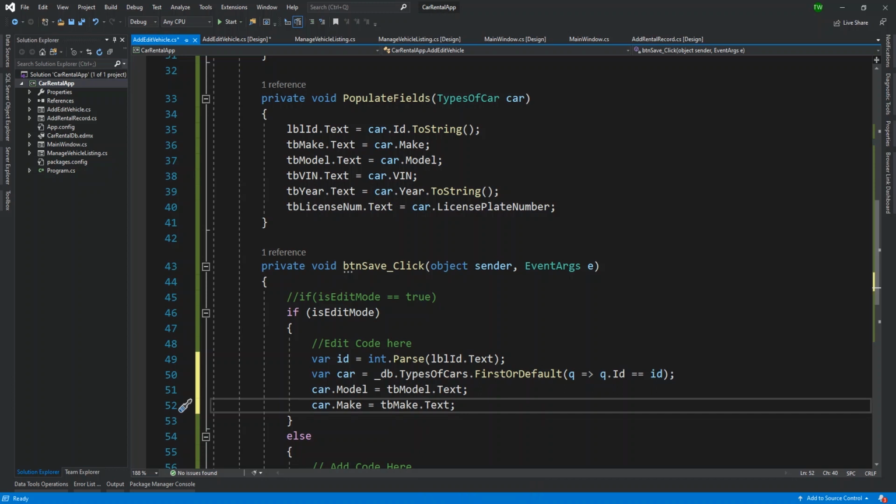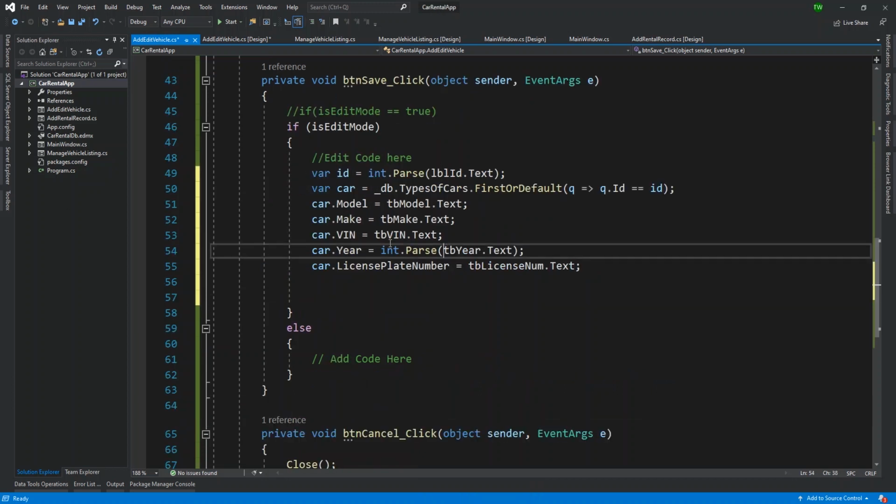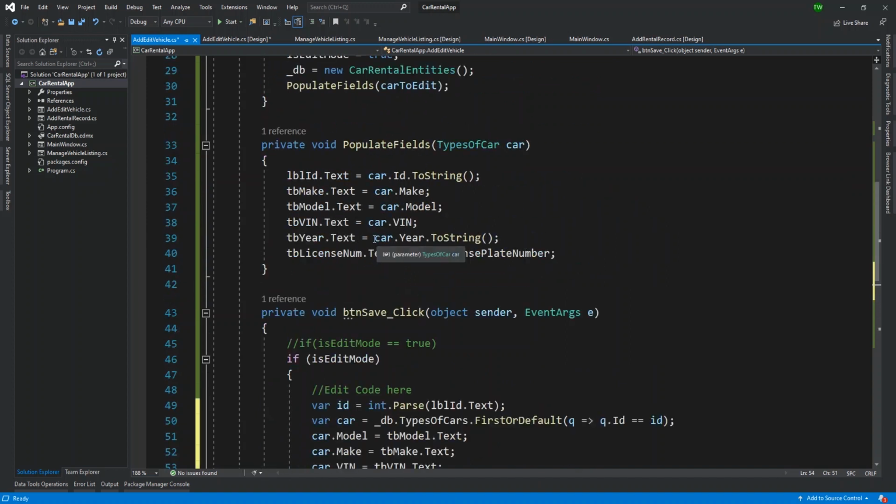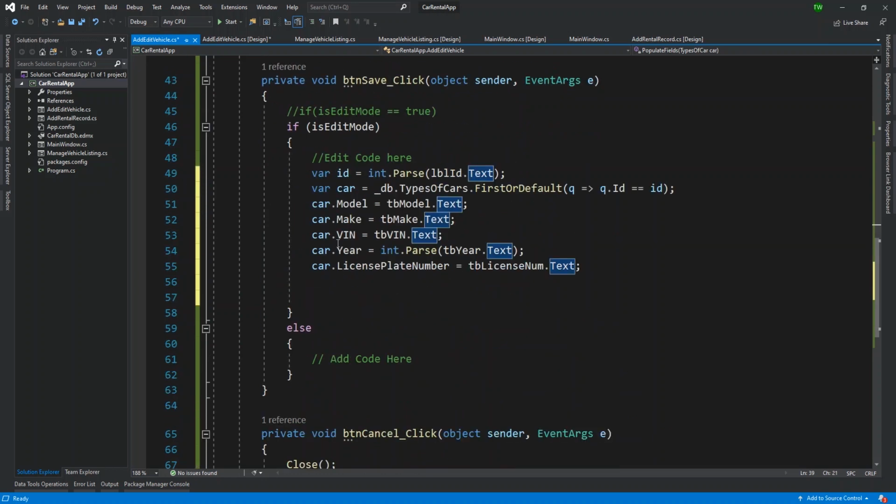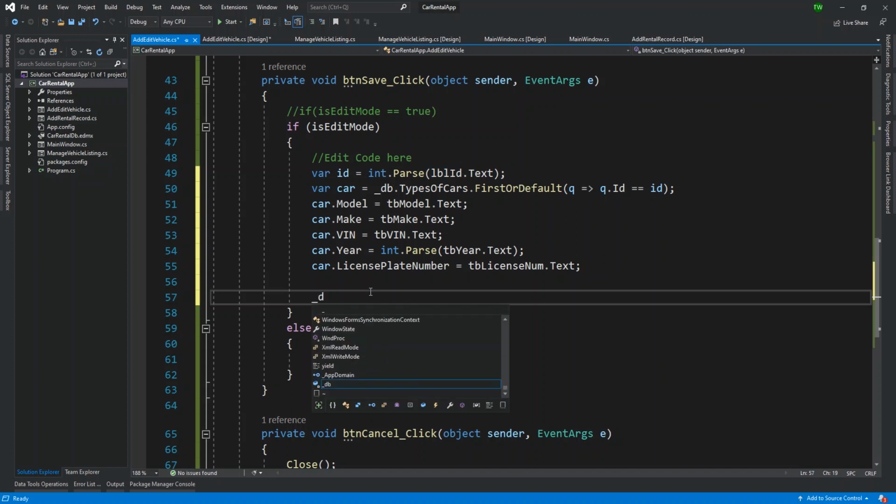So you can pause here and finish them. You'll find that as you go along, you may have to do quite a few data conversions to and from. So up top, we have to convert from integer to string to get it into the text box. And then below, we have to convert from string into integer to get it back into the database. After filling out all of the properties, the only one I'm not setting is ID. I don't need to set the ID because the whole operation is based on the fact that the ID is the same and the ID would not have changed, right? After doing all of that, I would just say